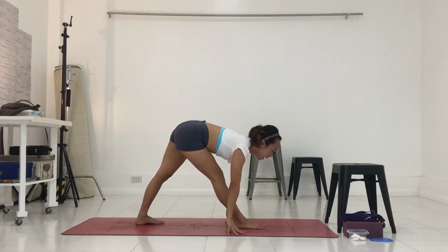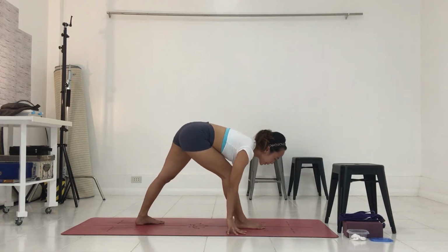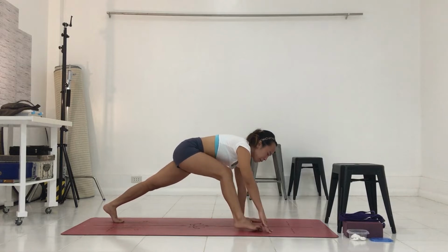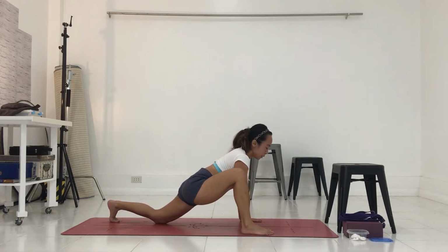Inhale to lengthen here and exhale to fold. 5 breaths for 5, 4, 3, 2, 1. Inhale to lengthen. As you exhale, bend back into the right knee. Tuck the back toes under. Walk your right foot outside of your right hand. Take your left knee down onto the mat. So we work on our hip flexor as well as our